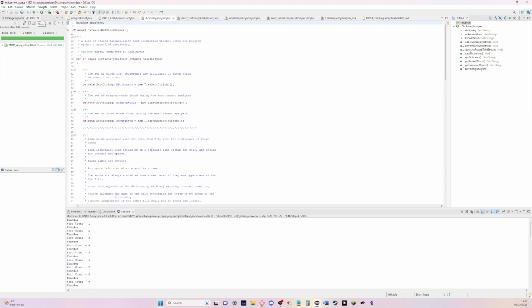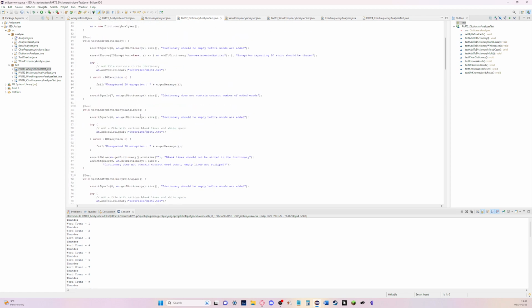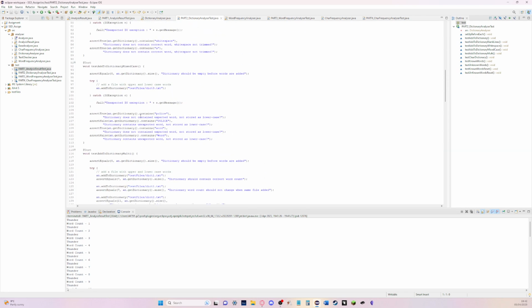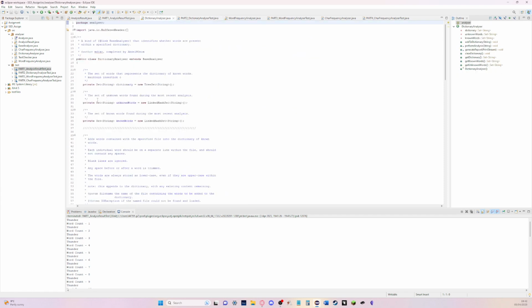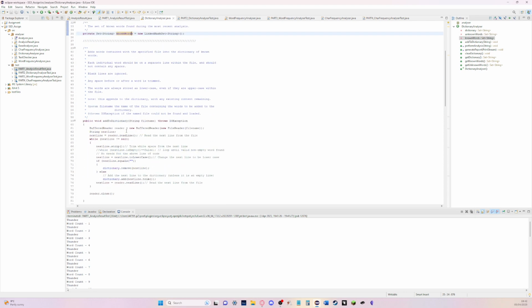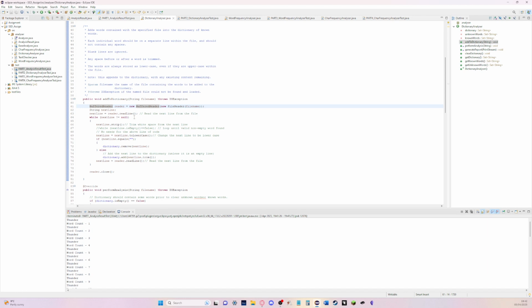Next we move on to the dictionary analyzer. For this part of the code, it takes the code that is listed here, similar to the previous test, and ensures that it completes it as well. So for the main sets, there is the dictionary itself, the unknown words, the known words. Then for this, the add to dictionary,